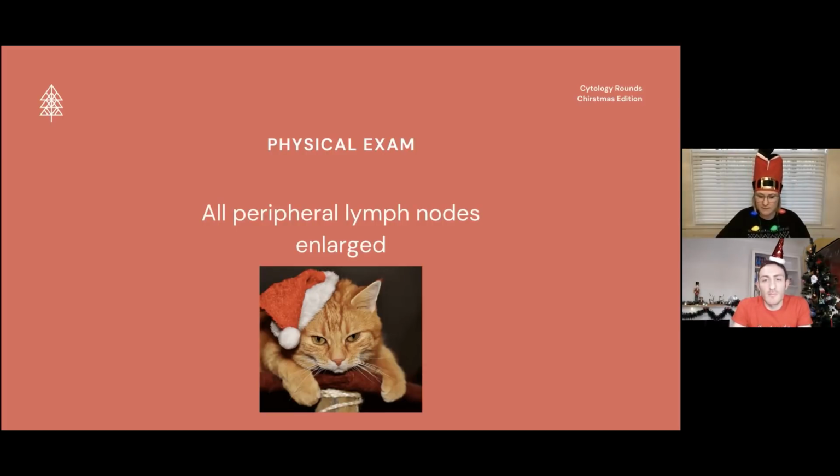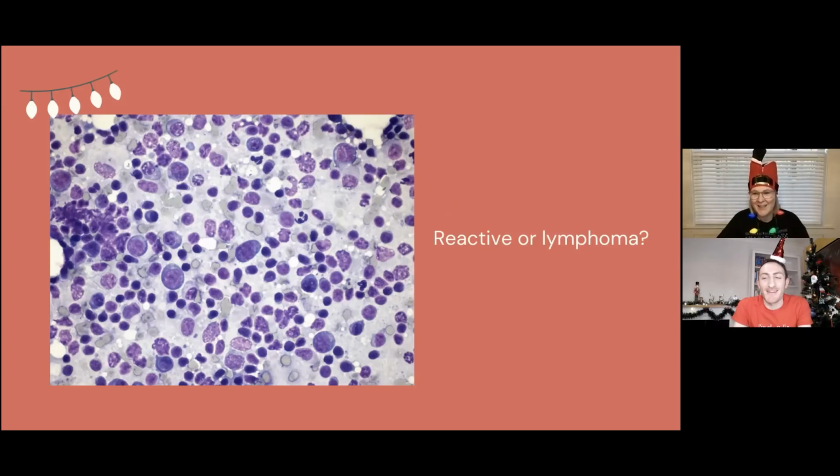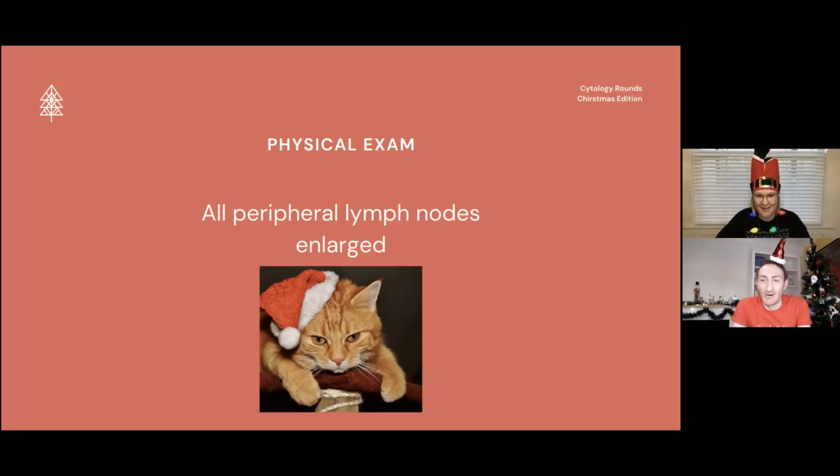Yeah. And the sad little cat is feeling that concern. He's not enjoying the Christmas decorations. No, I don't think that cat's super happy to have a hat on. But